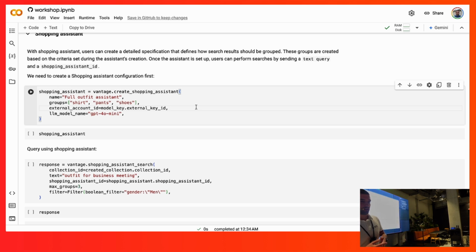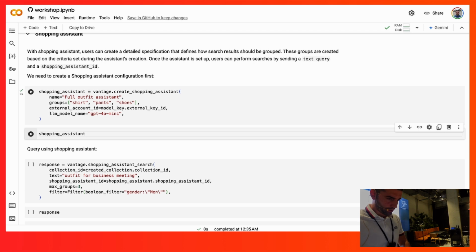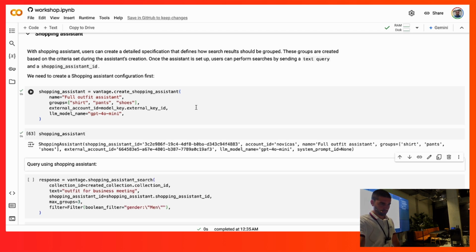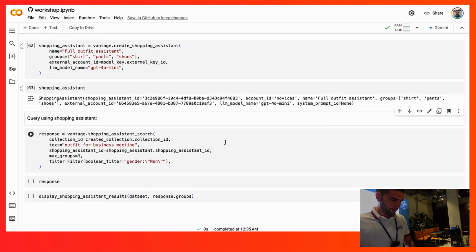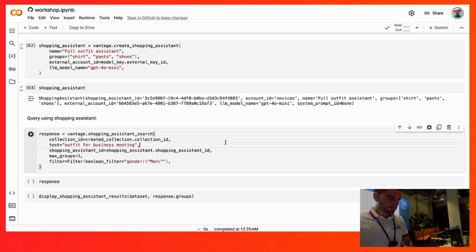So I want groups shirt, pants and shoes, and with only one query I want to get items for a full outfit. Again, we need to create a shopping assistant named full outfit assistant,